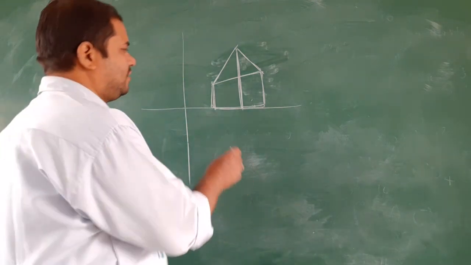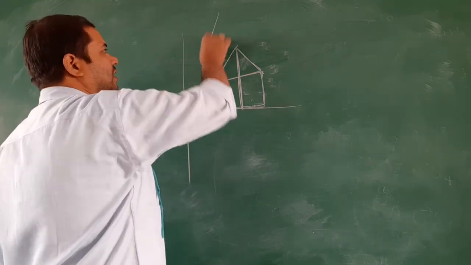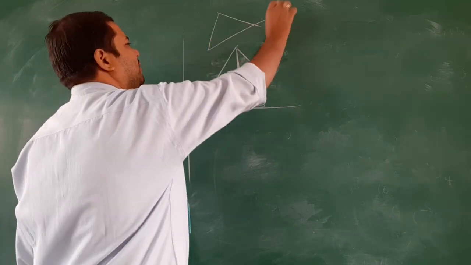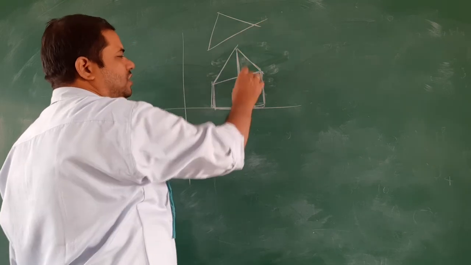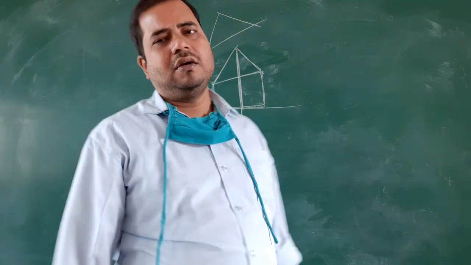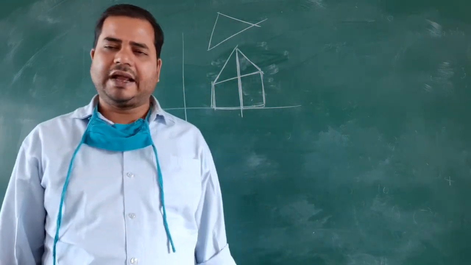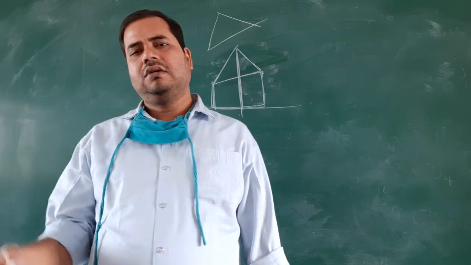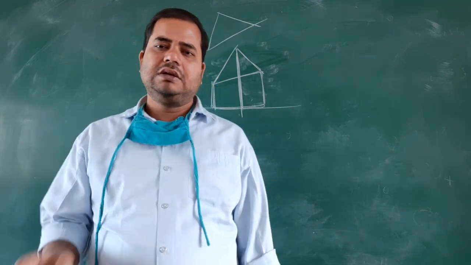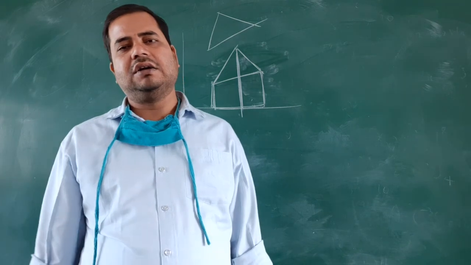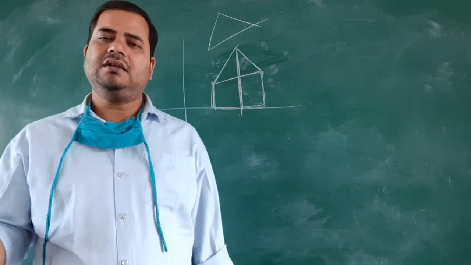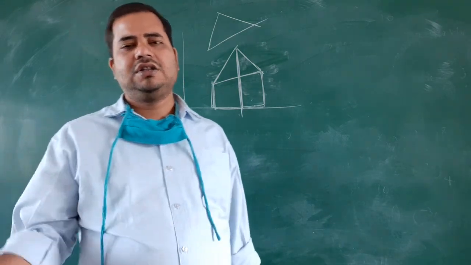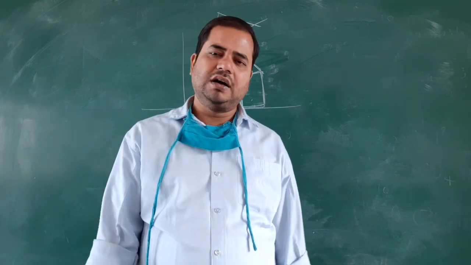Okay, listen carefully. Whenever a triangle is given, any type of triangle, you just draw the perpendiculars from the vertices of that particular triangle, and you will get three trapeziums, first, second and third. You add first, second and subtract third one, you will get the area of the required triangle.